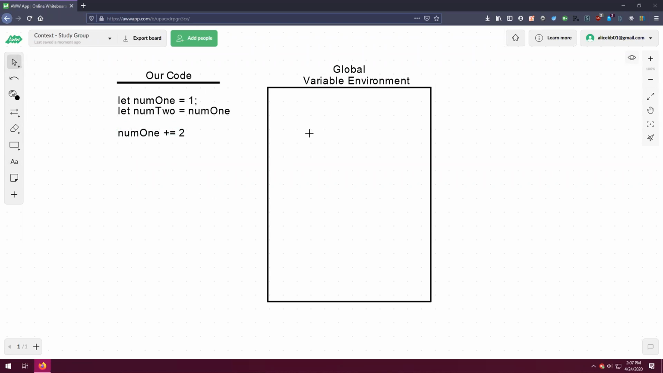So the first thing to know is that when we're inside of our global variable environment where our code is being executed from, the first thing we're going to do is go through our code and run it line by line, creating the different labels that we need to keep track of in our variable environment. In this case, the first thing we're going to do is create num1. This is our label. And we're going to assign it the value of 1,